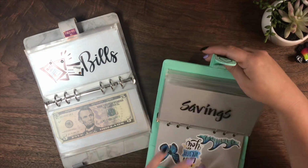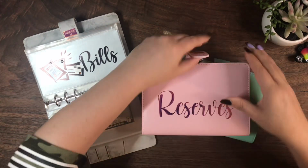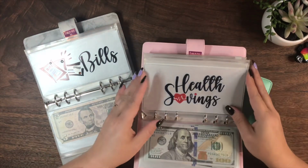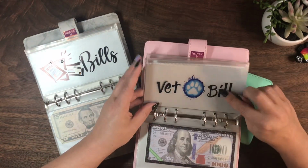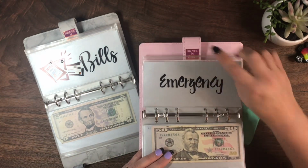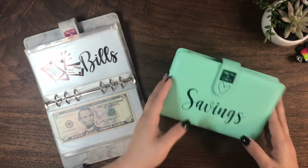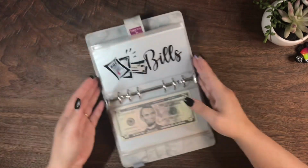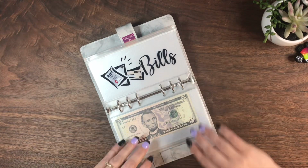And then we do have, let's see, I think some in reserves. Let's see. We have car maintenance, we have health savings done, home emergency, bills advancement. We do need to put the words on here, but emergency fund, we have that one that we need to do. So we do have some more envelopes to do. The series is not over yet, but we did manage to finish this one,